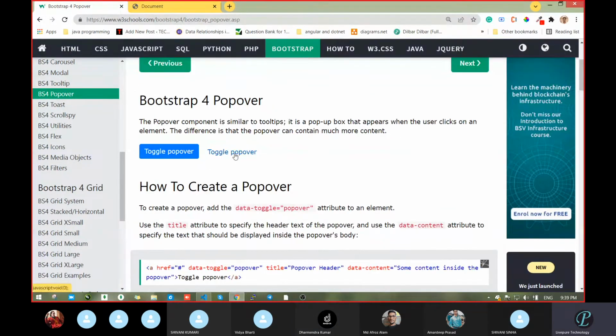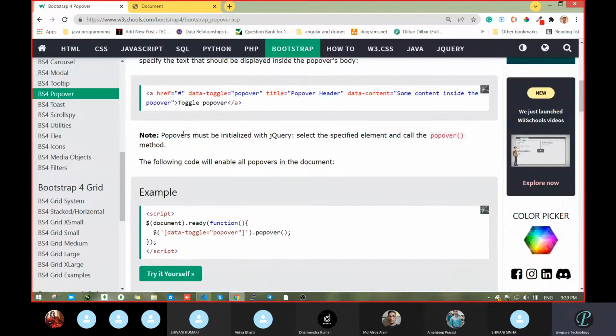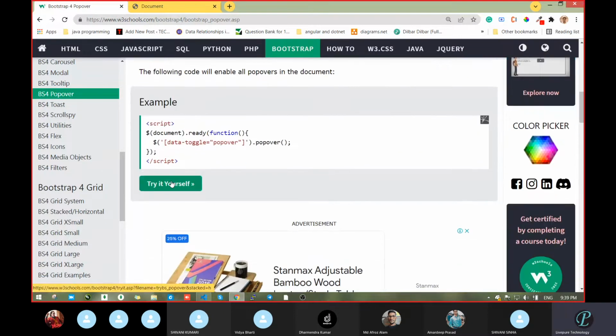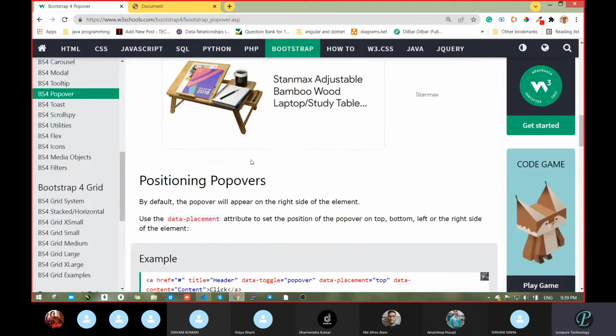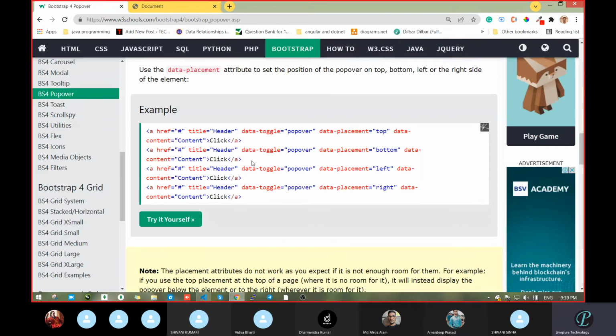Okay, so wherever it is required, you can use it, but it is not required much. What is the use? When you click, it shows whatever message. But see, now it is coming out normal. If you want it decorative, that we can also do. The same thing, popover, and then again a different position.